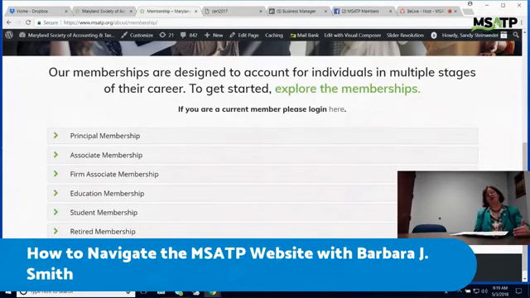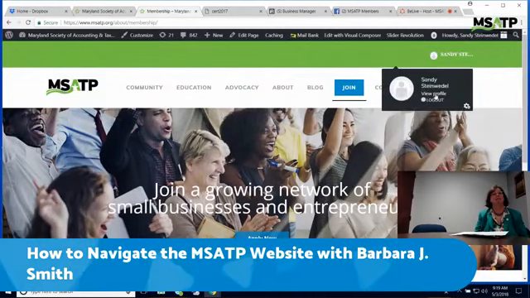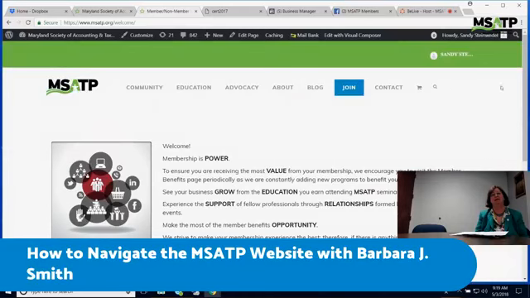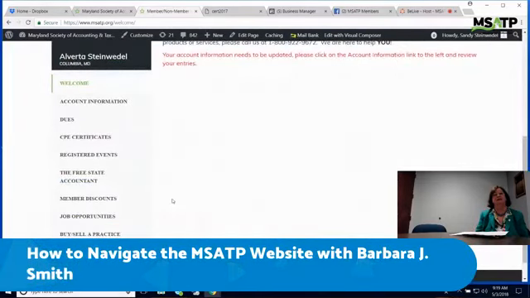So even if I join as an associate, I'm entitled to all the member benefits? Certainly. Is there a place to see the member benefits? Oh, yes. In the member benefits area, if you go to your profile page... What if I'm not a member yet? You cannot see this until you become a member. Okay. So if you go to the profile page, once again, you'll click on member discounts and you'll see